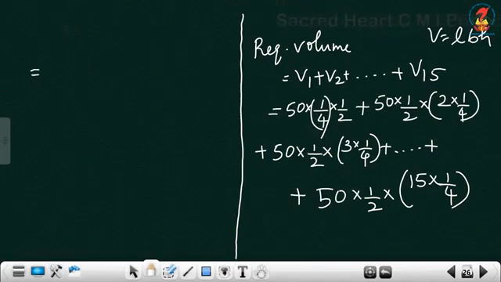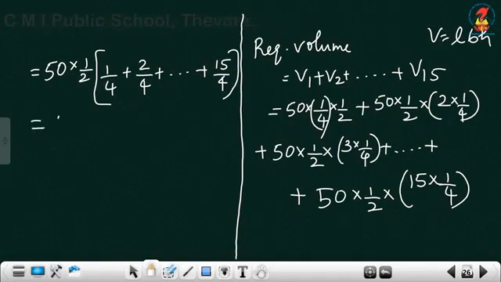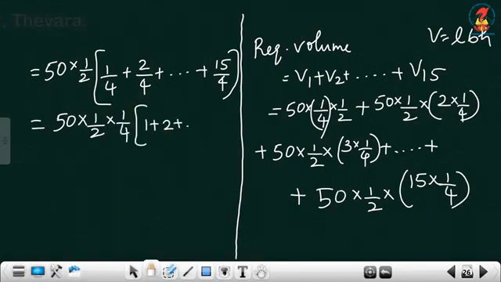We can take 50 into 1/2 out. 50 into 1/2 into 1/4 plus 2/4 plus etc. plus 15/4. From here we can take 1/4 also out. 50 into 1/2 into 1/4 into 1 plus 2 plus etc. plus 15 terms,